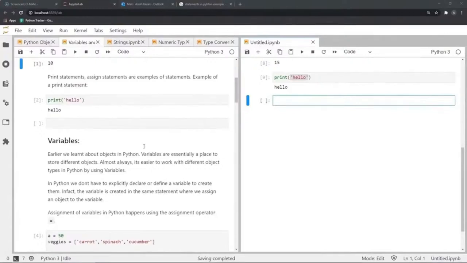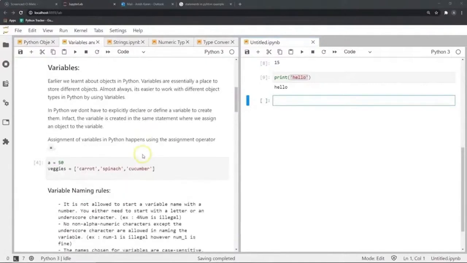Now, it's important to note that in Python, we do not have to explicitly declare or define a variable to create it. In fact, variables are created in the same statement where we assign some object to that variable. In Python, the assignment of variables happens using the assignment operator, which is the equals sign. If I wanted to assign a number, say 100, to a variable, say b, it would be as simple as doing this.